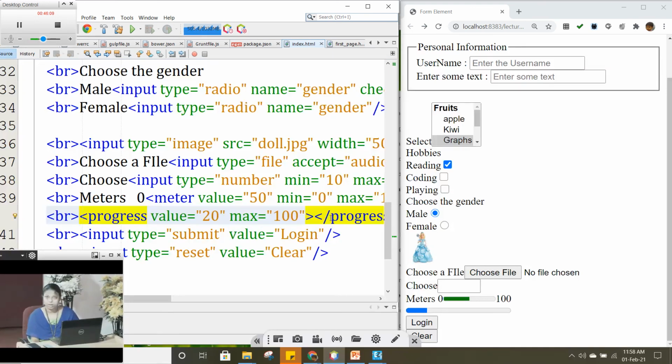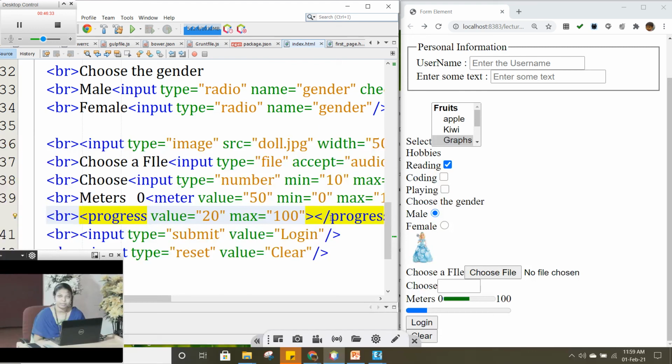So that's all. I hope I have covered all the important tags we have in HTML, and we can use these to get input from the user, and we can submit this input to the server, and further proceed on it.